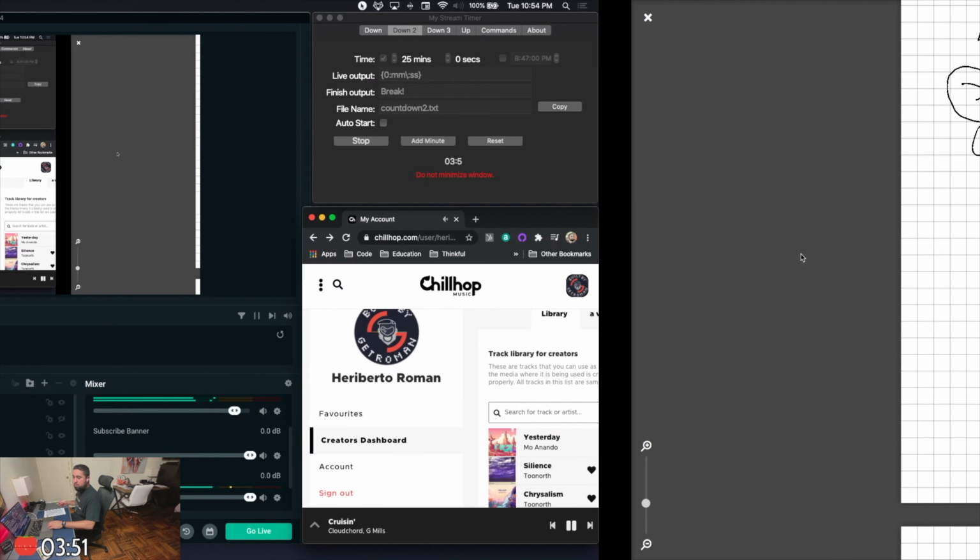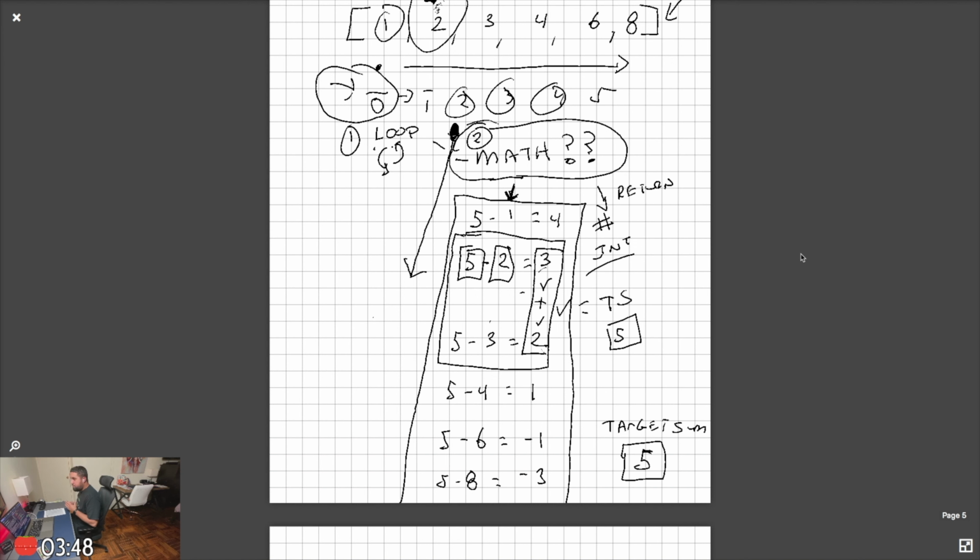How am I doing with time? I've got 4 minutes. Okay. Now I'm going to continue to decompose this math part, the set of numbers that we have here, and see if there are any other patterns I can pick up. So 4,